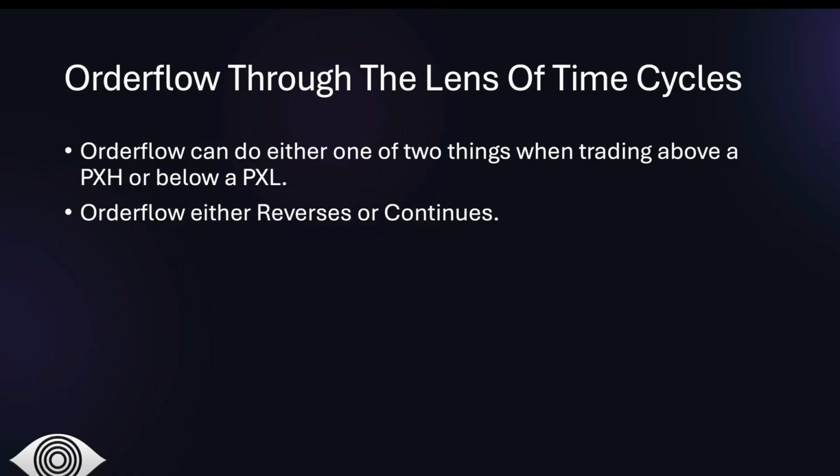Even when, for example, price just retraces back into that range of the expansion leg above the previous X high, we still look at that as a reversal. Why? Because order flow has changed for that period in time. That's why I say one of two things can occur. This does not mean that price has to take out previous XH and immediately fall over towards PXL. It just means that we're changing from a buy program to a sell program, and that's a change in the state of delivery that's taking place, but that's a topic for another time.